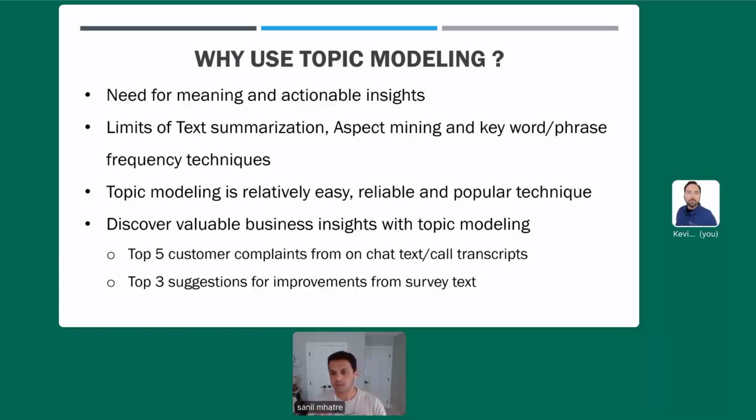You could run the topic modeling algorithm on this customer complaints database, which has the chat text and the call transcripts, and probably come up with the top 5 complaints that your customers have about the application, the product, or the service that your company is supporting.